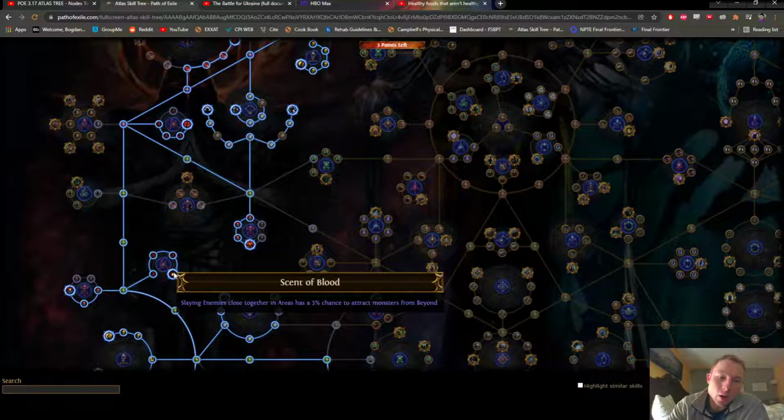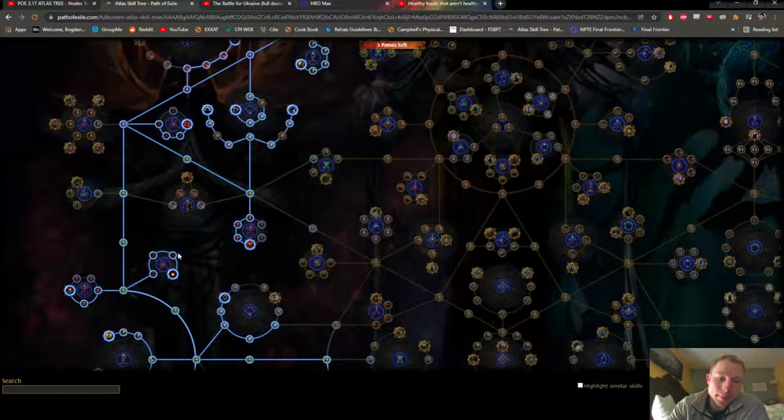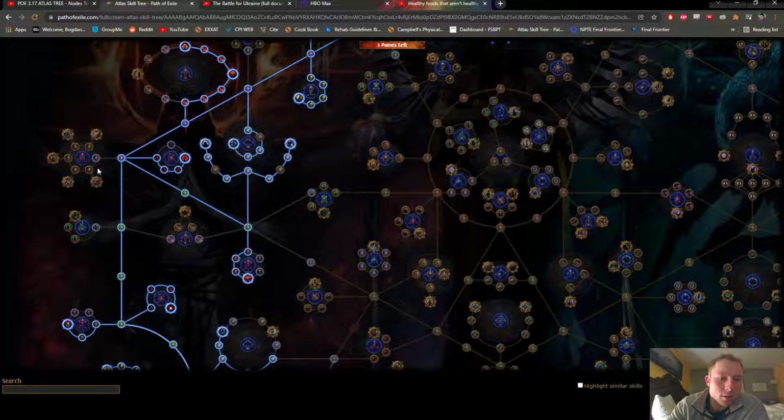This one, Scent of Blood, obviously this is just required. This is the base chance to get Beyond to spawn, 3% chance. This is absolutely a required wheel if you want to go Beyond. So nothing really to say about that. Coming down here,